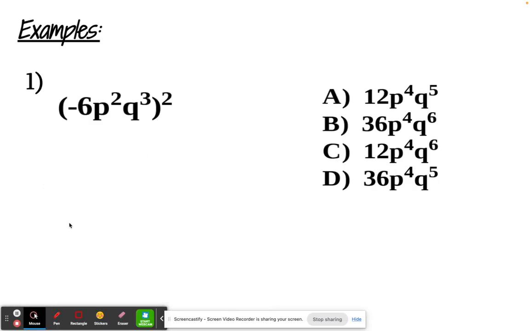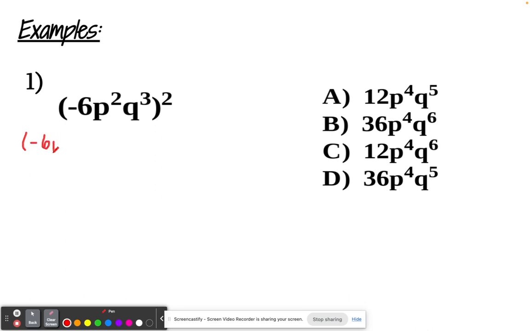So let's do some examples. I have a product here that I'm raising to the 2nd power. So this just means negative 6 to the 2nd power, p to the 2nd power raised to the 2nd power, q to the 3rd power raised to the 2nd power. So I got some powers to a power, and I also have a product to a power. If I were to rewrite this, I would have negative 6